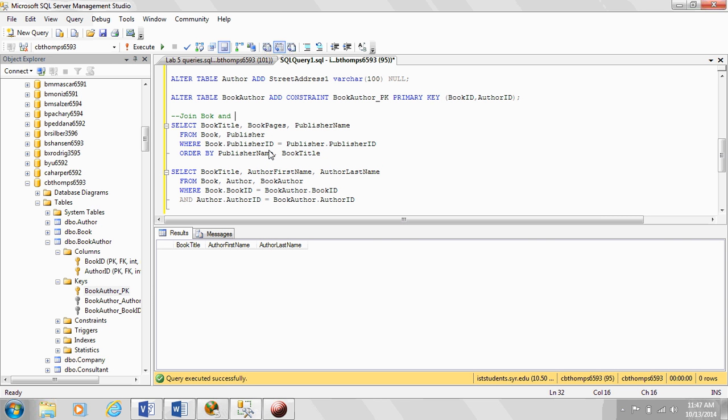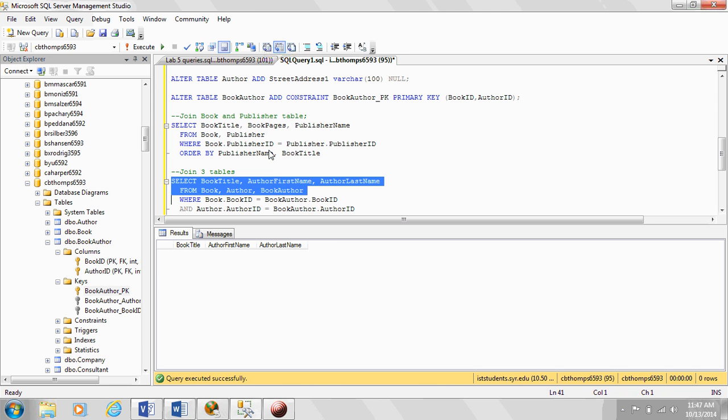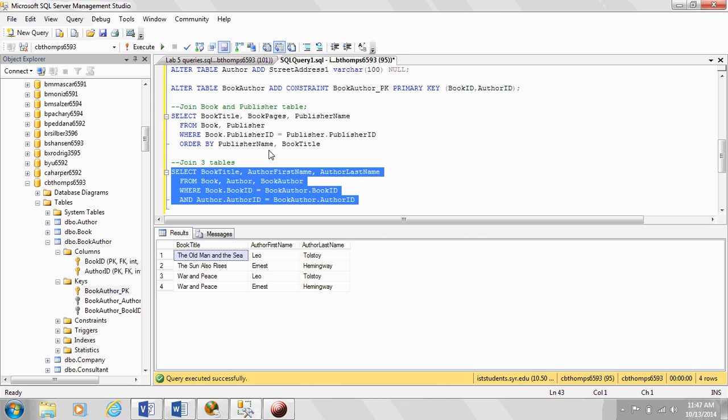Now when I go to run this query, actually, join book and publisher table, I should put comments in so I won't forget which query is which. Join 3 tables. Now when I run it, you can see I get